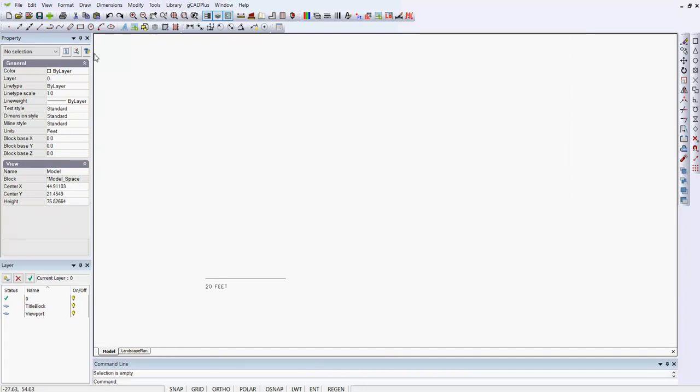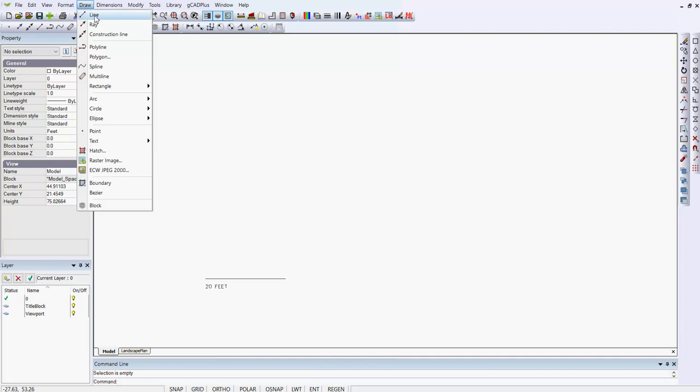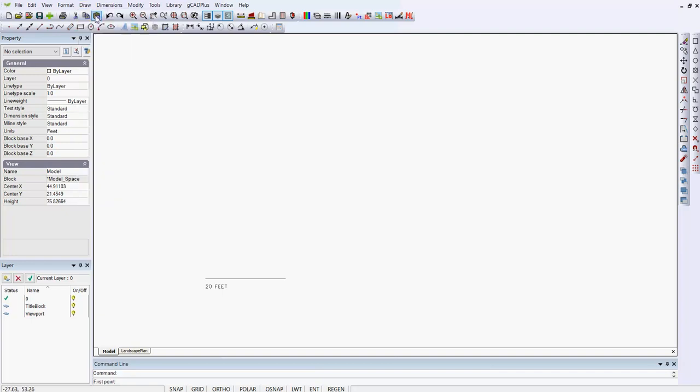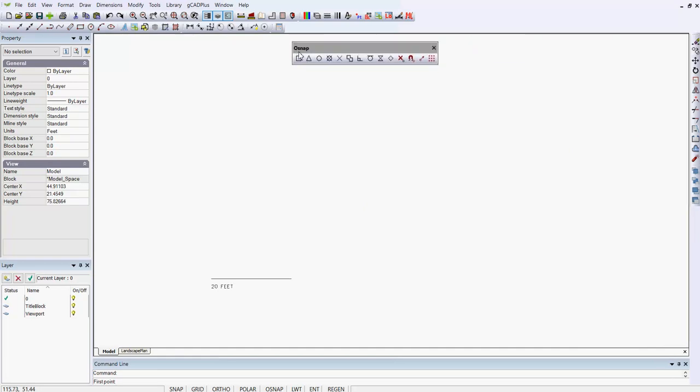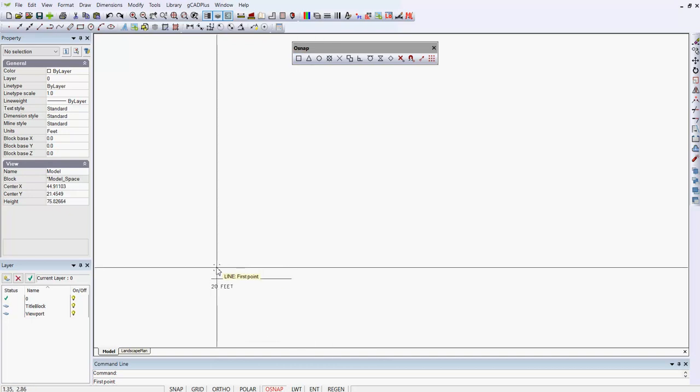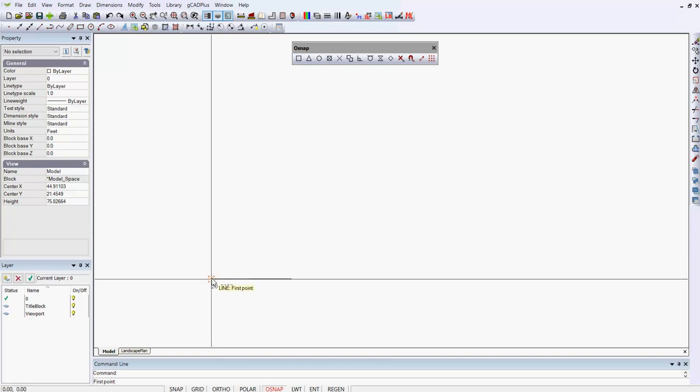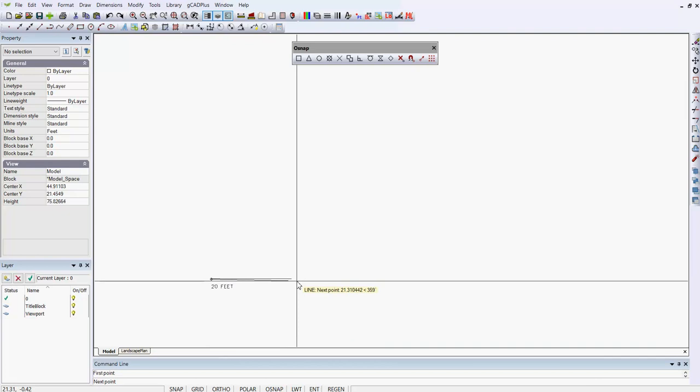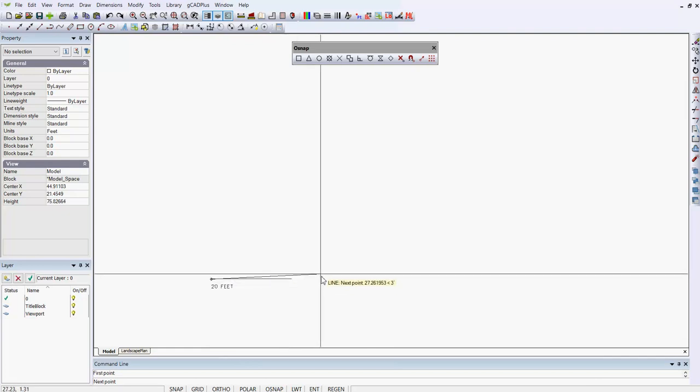So how would we put some lines down, say representing the footprint of a house? We'd pick line, draw, and then line. You can see all the other primitive elements that you can place, points and circles and arcs and so on. Pick line, and I'm going to base the line on what's already there. And so I can say my line will begin, and I've moved right over here to what's called the Osnap Toolbar. My new line will begin at the start of that line, and I'm going to go 20 feet,